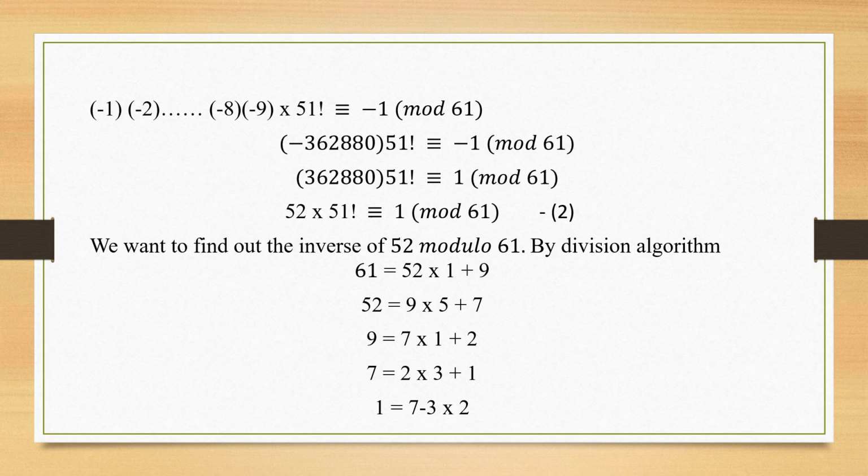And again, what was the divisor here? The divisor here was 9. So 9 will become the dividend now and the remainder 7 will be acting as your divisor now. So when I divide 9 over 7, it just goes one time and my remainder is 2. So I can write 9 as 7 into 1 plus 2.